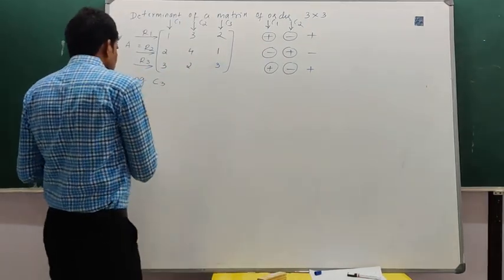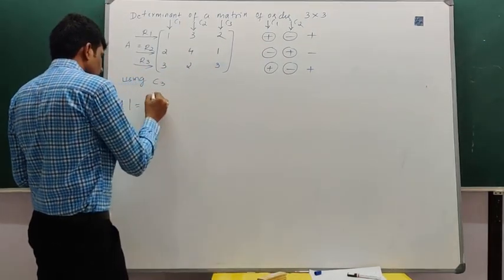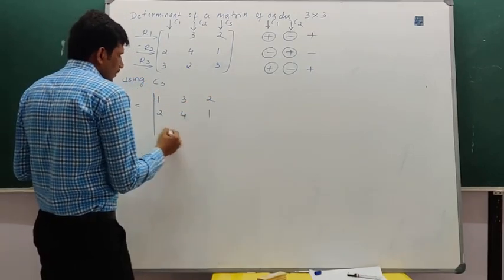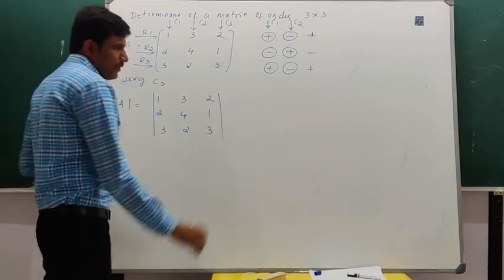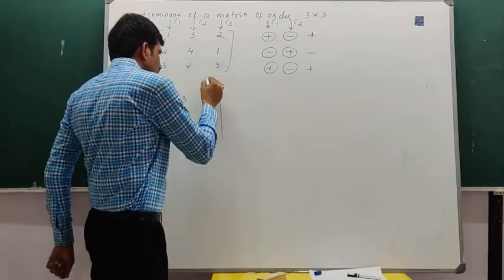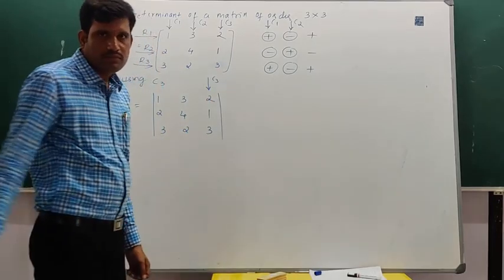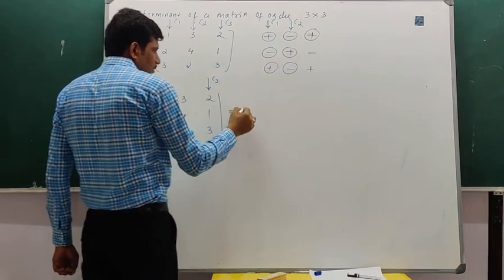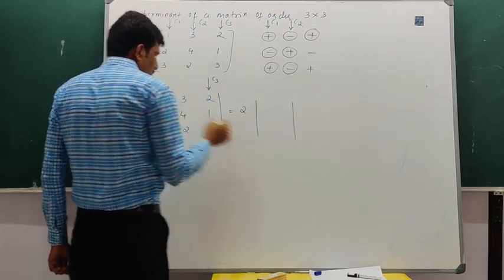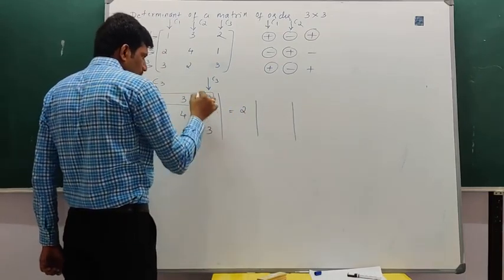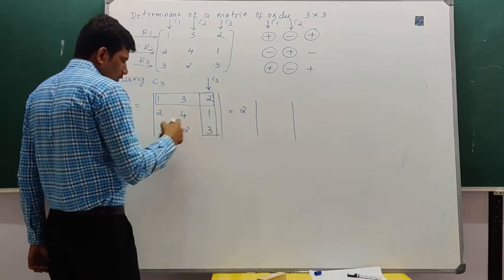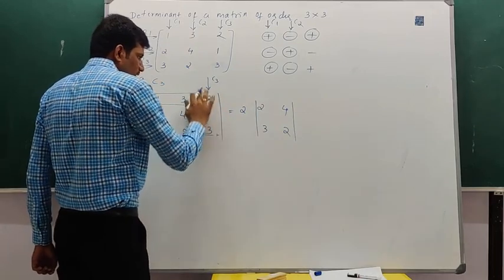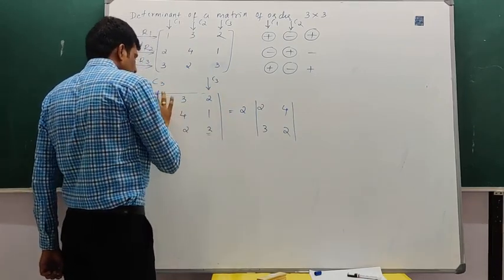So by using C3, determinant of A is equal to determinant of 1, 3, 2, 2, 4, 1, 3, 2. Right. Now this is the third column, that is C3. What is the sign convention of the third? This is plus. Now this is the element, plus into plus is plus 2. Where is this 2 present? 2 is present in first row and third column. What is left here? 2, 4, 3. So we can do this by inspection. For this first column, that's why I am drawing like this. Otherwise we can write it directly, no problem.